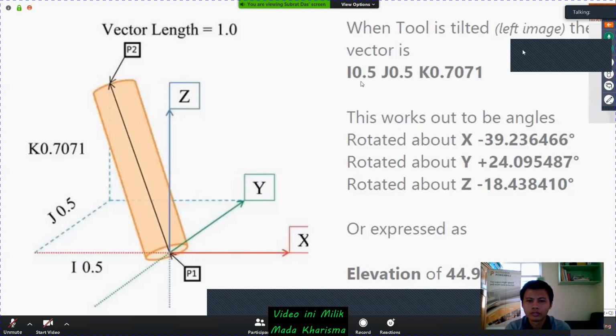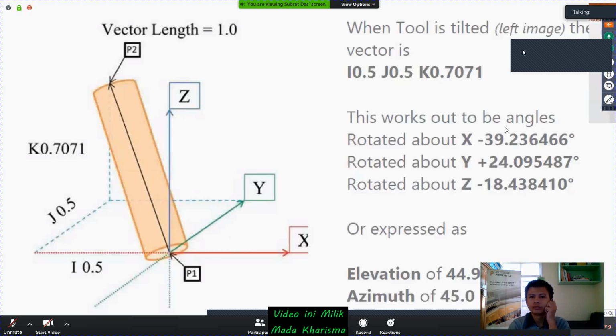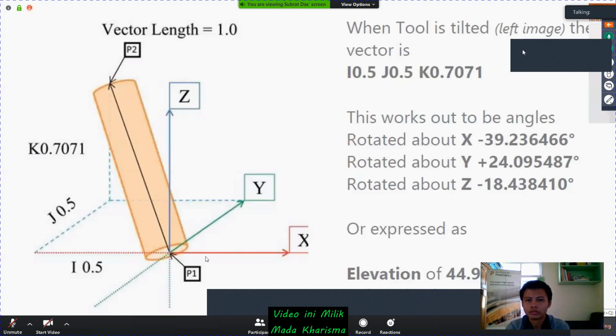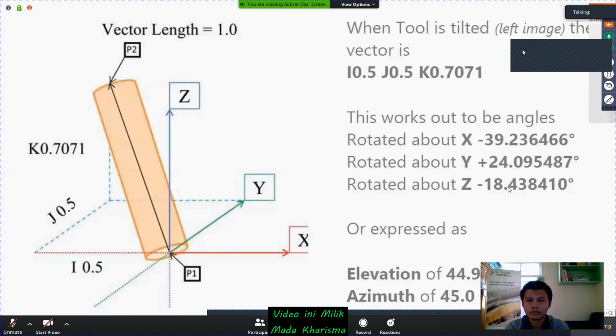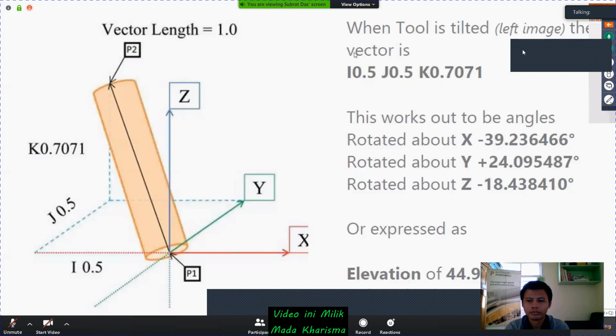So how will it be converted to an angle? If we look at it in the form of angles, from the x-axis it is rotated about minus 39.23 degrees, about y it is 24.09, and about z minus 18.43. It is a general calculation. What we give in the toolpath is mostly vectors, but it will be considered as an angle.